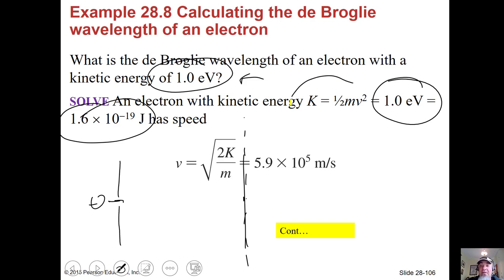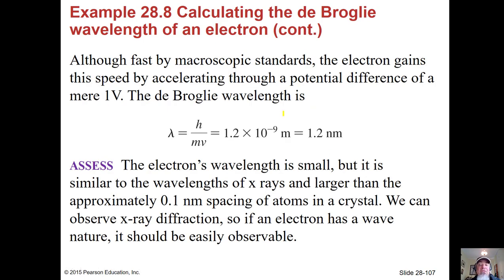So if you take this formula, kinetic energy is 1/2 mv squared. Solve for v, so multiply both sides by 2, divide by m, take the square root. You get this for the speed. Okay, and then we could use our new de Broglie wavelength formula to figure out the wavelength of this particle. So h divided by mv, h is just Planck's constant. Use the mass of an electron and the speed that you just figured out, you get 1.2 to the minus